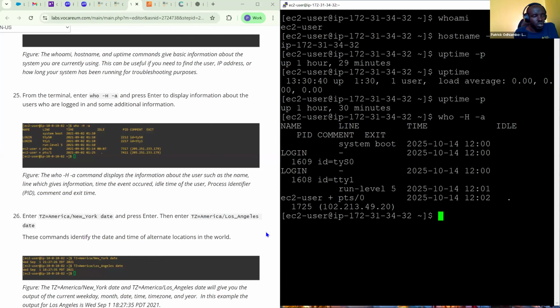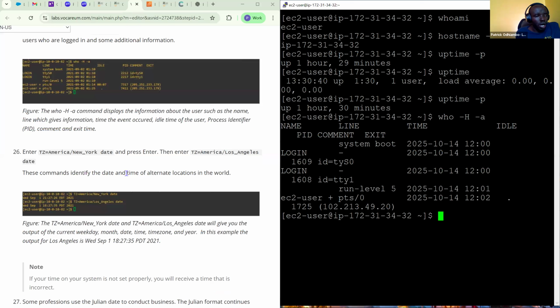Enter TZ equals America/New_York date and press enter. Then enter TZ equals America/Los_Angeles date. This command identifies the date and time of alternate locations in the world. Let's try that, it looks cool.